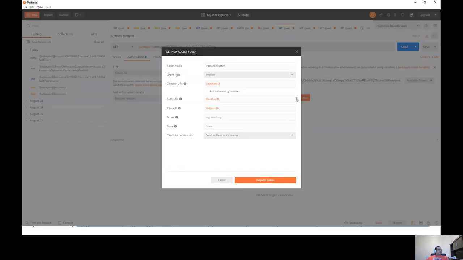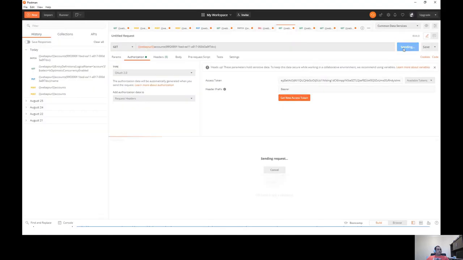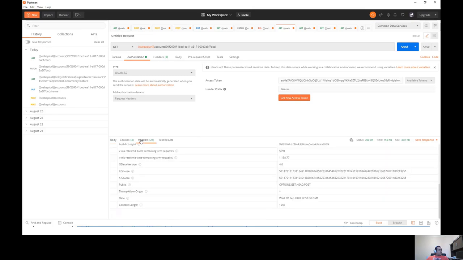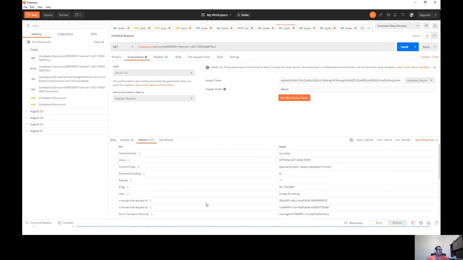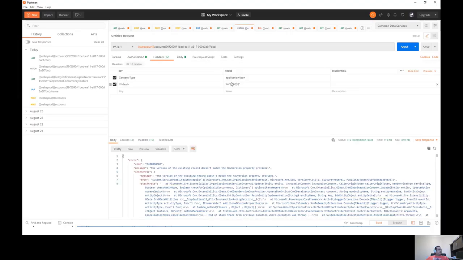So I just have to refresh my token again. And here, in my header, I'll have the ETag. So I'll copy this, go back to my patch, go back to my header here, and change this ETag.